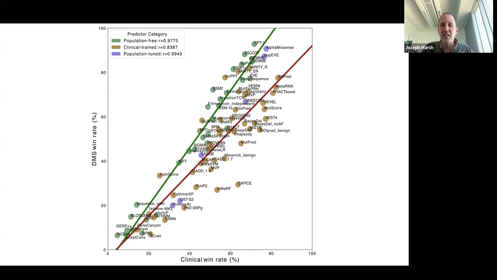Basically, that's reflecting the fact that a lot of these methods have been heavily exposed to our test data here. We're not accounting for it. It's too hard to go through and find all the data that was used in the training of all these 97 different methods.